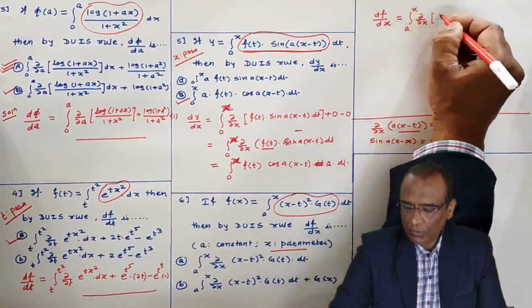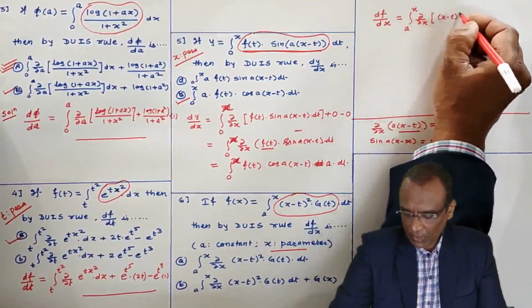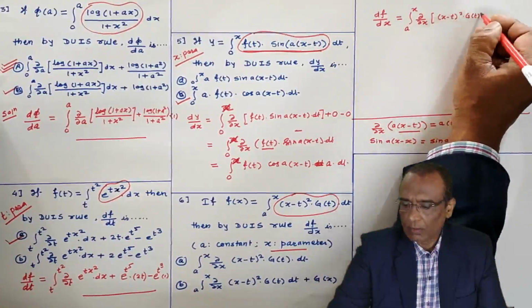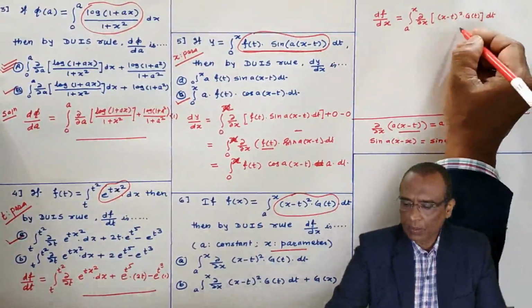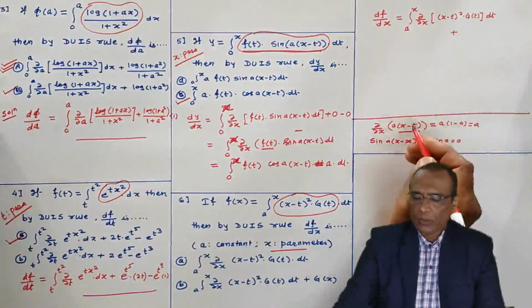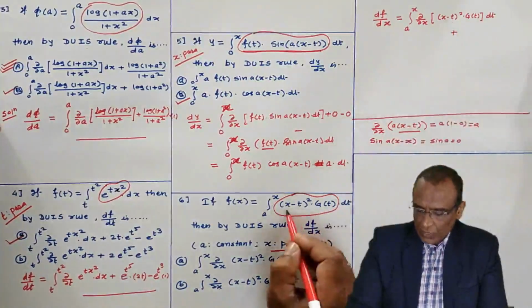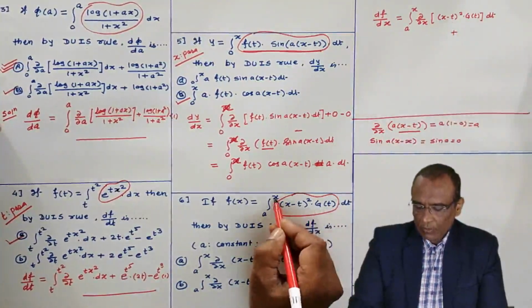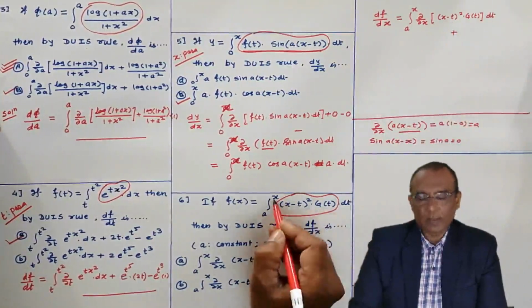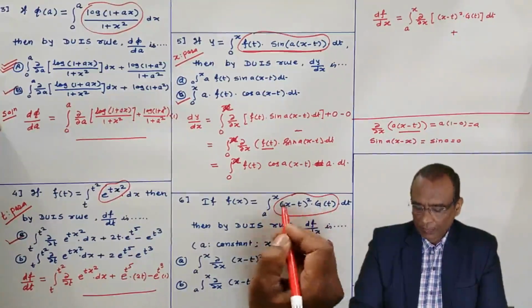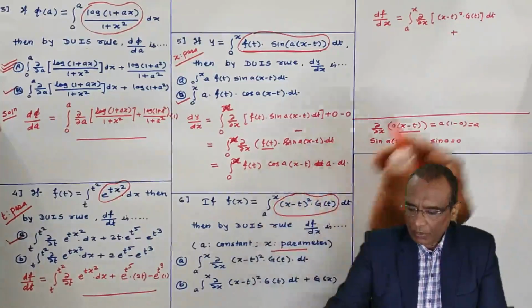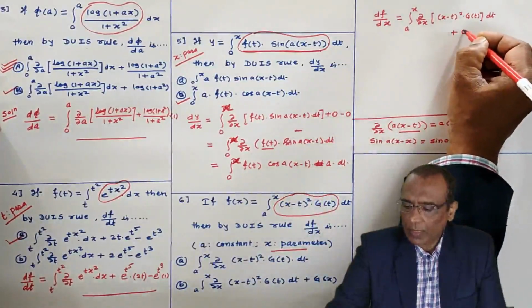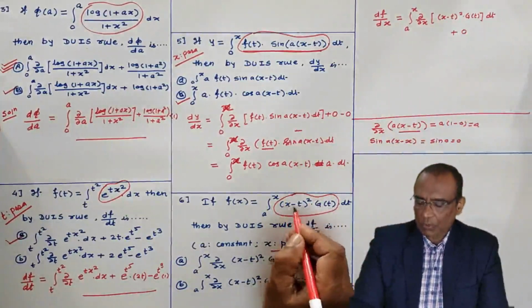What is the function given to you? (x minus t) square g of t, a function of t. Plus the second term. When you write the second term in this function, put t equal to x. If you put t equal to x here, then x minus x will be 0 and the integral of 0 will be 0. Okay, therefore I am writing 0 here. X minus x will be 0.